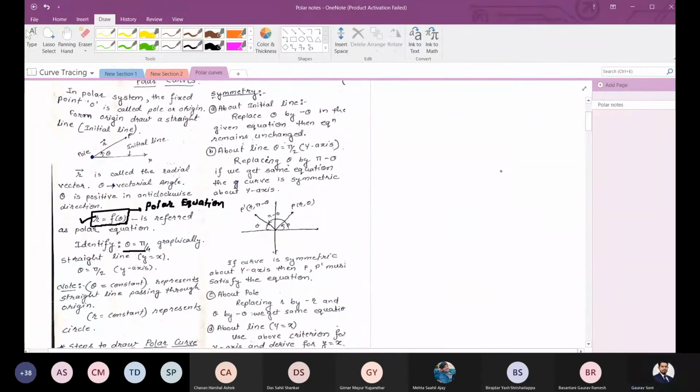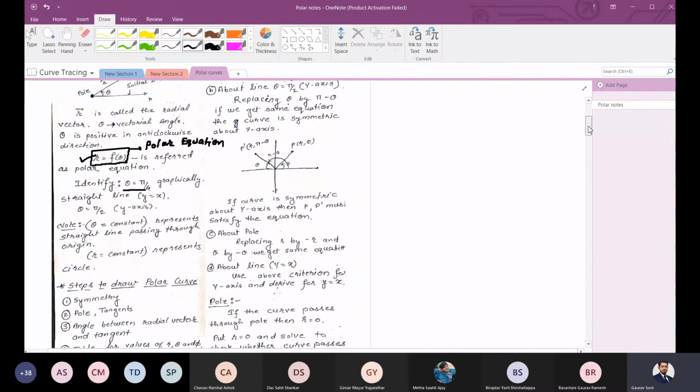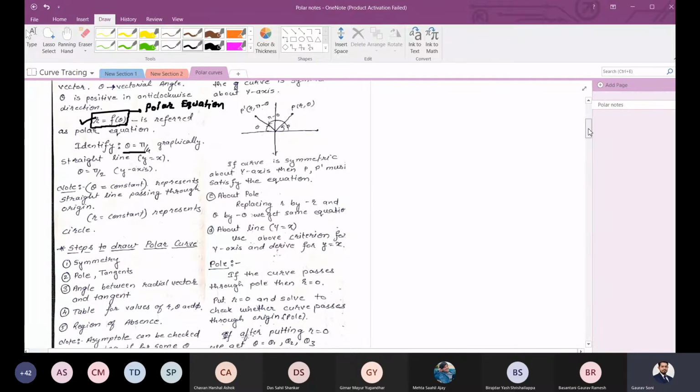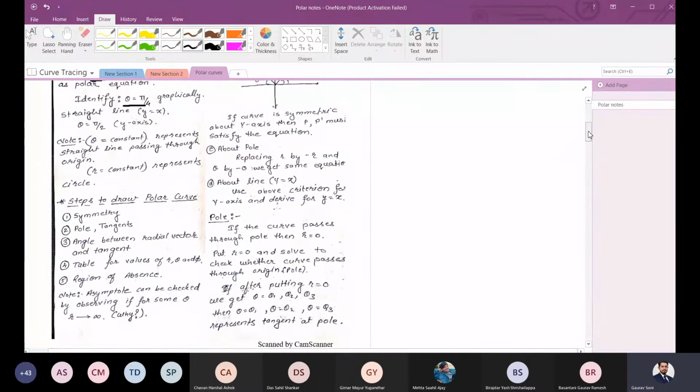In the note section, I have written that theta is equal to a constant represents a straight line passing through the origin, and r is equal to a constant represents a circle. So just like the Cartesian curves, there are certain points that we need to discuss whenever we are going to trace any polar curve. Similarly,